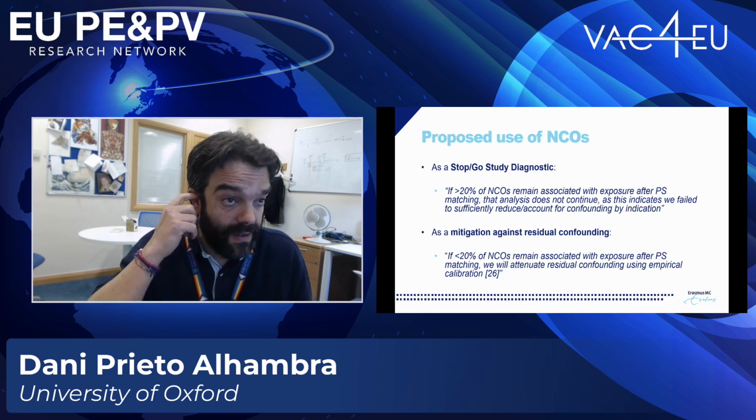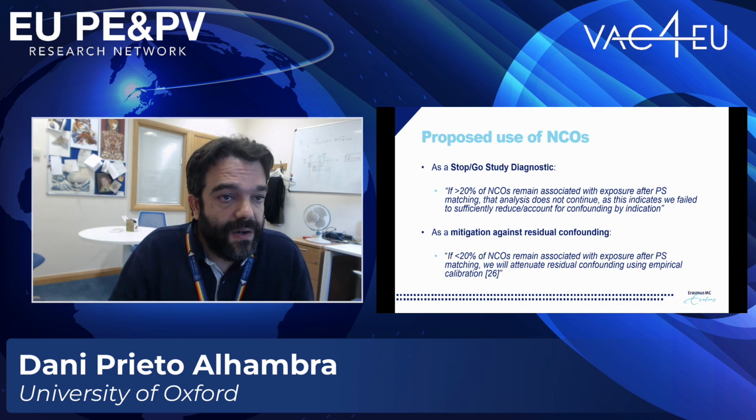So that was one use of the negative control outcomes. The second use was mitigation against residual confounding. So if less than 20% of those negative control outcomes remained associated with exposure after matching, then we would use empirical calibration to minimize